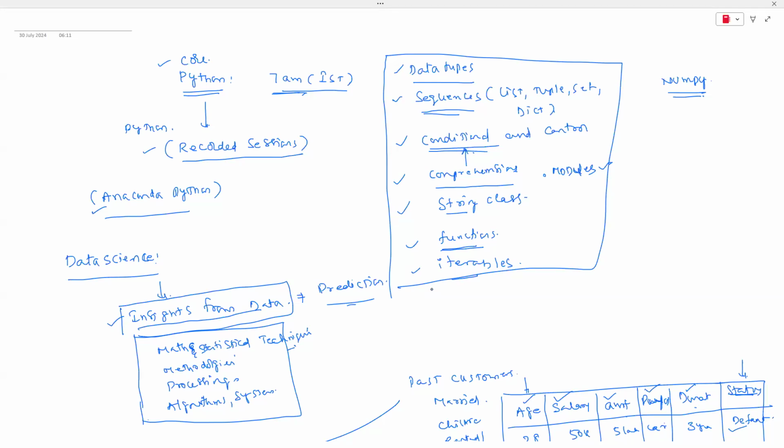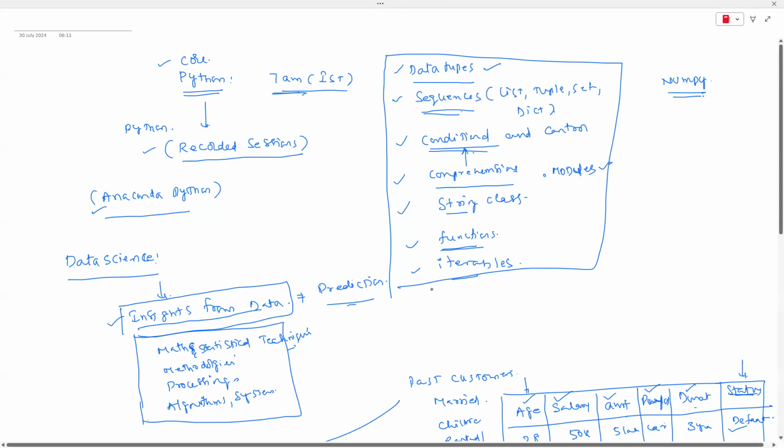Core Python means no need to worry about in-depth Python concepts. Here I have written the list of topics: data types, sequences, conditional control statements, comprehension, string classes, functions, iterables. That's about 8 to 9 modules, with module being one more topic. These are the topics I have already covered.